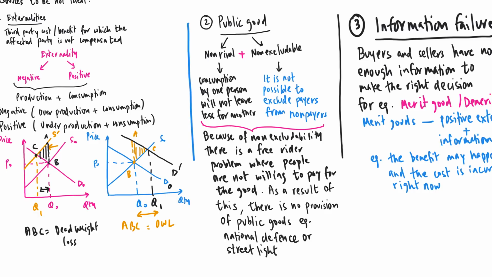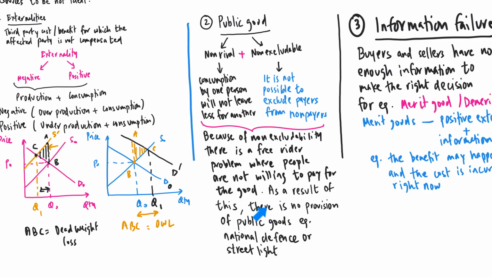Public goods are what we call non-rival and non-excludable. Non-rival means consumption by one person will not leave less for another. Non-excludable means it is not possible for us to exclude the payers and non-payers. So because of the non-rival and non-excludable nature of public goods, it results in what we call no provision in the market. The non-excludability, as I wrote here, leads to what we call a free rider problem, where people are